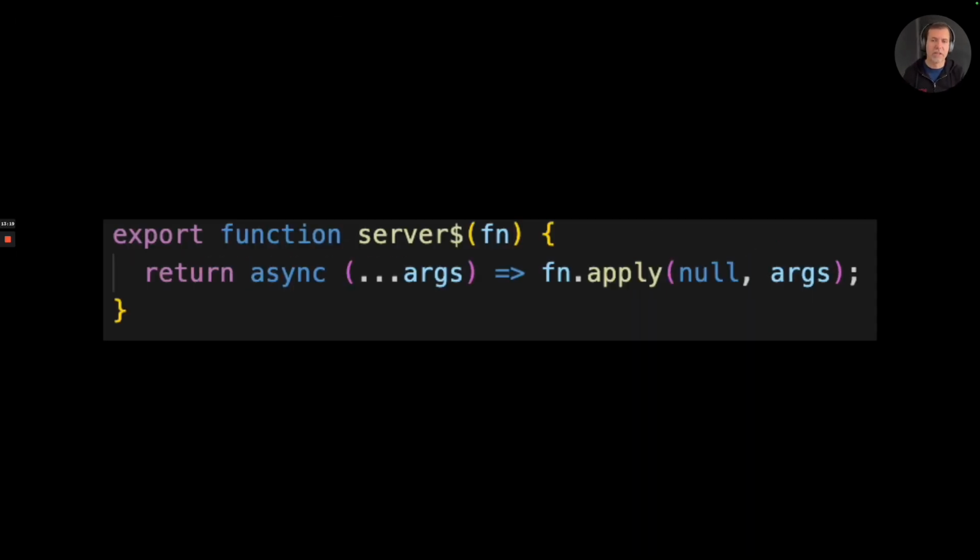Let's look at the server$ function. By default, the server$ function, which again the developer could define, simply executes the code straight up. It makes it async, as you can see over here, so that we can lazy load it or deal with the fact that it's a dynamic import. But for the most part, it doesn't do anything, it just passes it through. The reason is that you want to make sure that even if the optimizer doesn't run, for example in the case of unit tests, you can still call the function and perform the operations you want. Obviously, you'll only be able to do it on a server, but that's the basic idea: server$ by default doesn't really do anything.